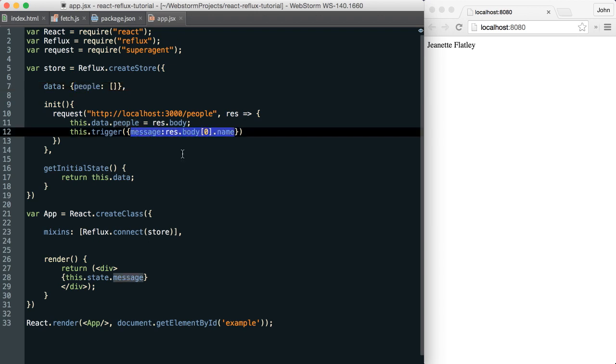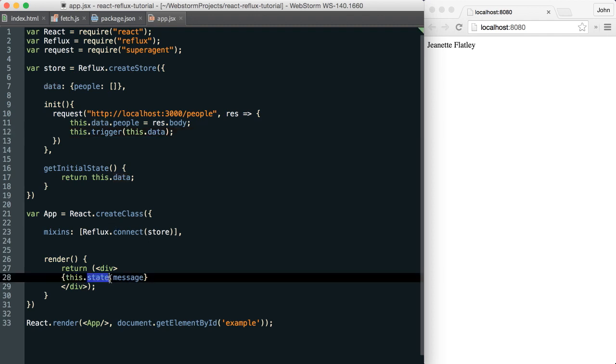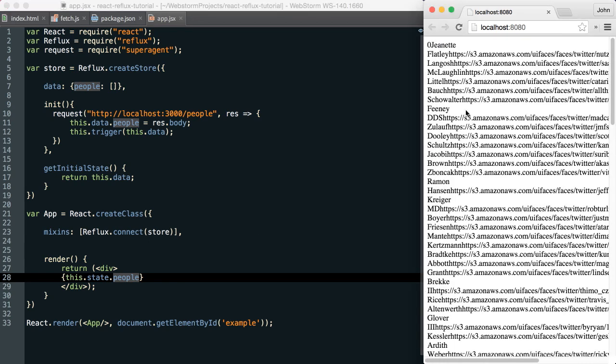And then instead of sending an object in, we'll just send this.data. And then instead of this.state.message, now we have this.state.people. And once I save this, you'll see that we'll just get a huge string of unformatted data,